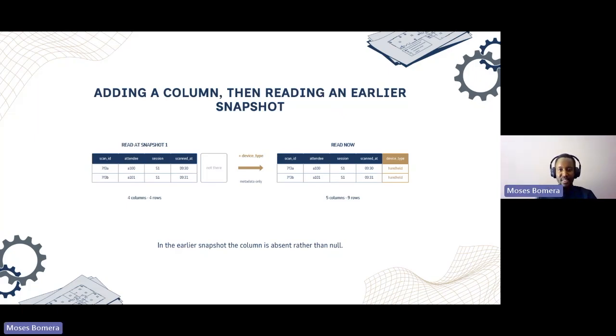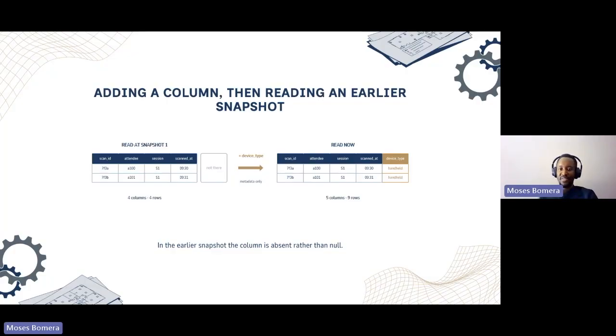Then, looking at what a snapshot is, with the concept of time travel. Let's say snapshot 1 is July, and today we are in August, and we have the table with these 4 columns. Then at the start of August, we added another column, and now the table looks like this. If you query today with today's snapshot, you'll see it this way. And if you went back to the snapshot of July, you'll see it without those columns.